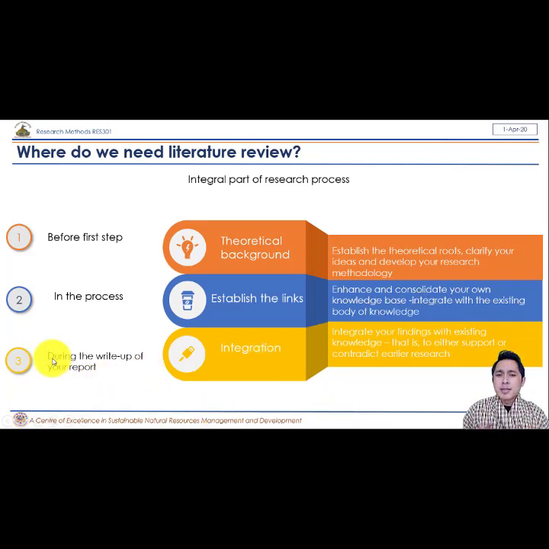And the third one is during the write-up. So we are done with literature review, let's say. We are done with data collection, data analysis. We're even done with report writing or writing of results. Now, when you're done with writing of results, what you need to do is you need to find out whether